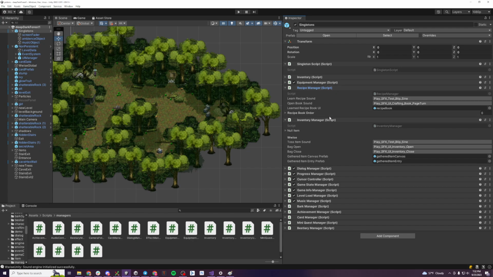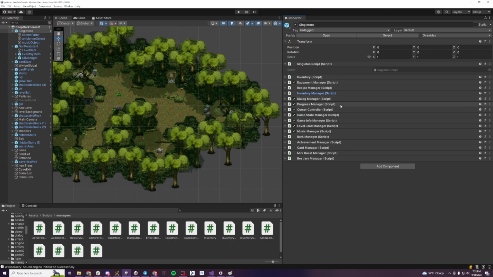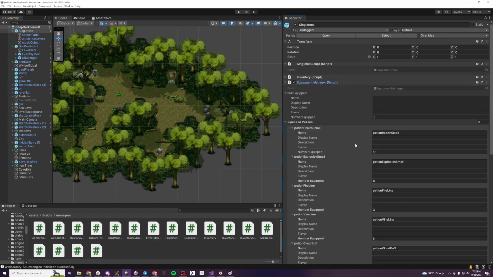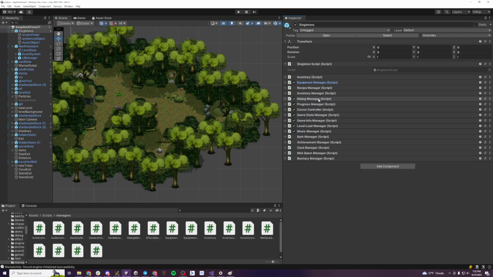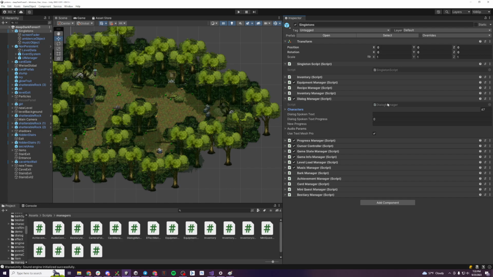The recipe manager works very similarly. It loads a recipe CSV and works with the inventory manager when you're calling recipes to ensure that you're putting in ingredients that fulfill the recipe's needs. And then outside of item management, the equipment is what you currently have equipped, and then there is dialogue. Again, the dialogue manager handles loading in the CSVs for the dialogue. I can also control things